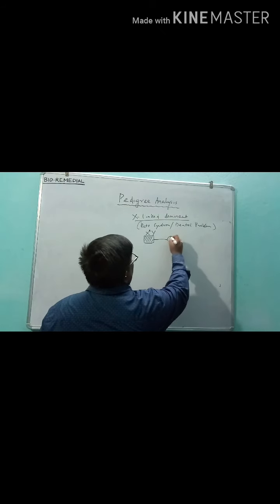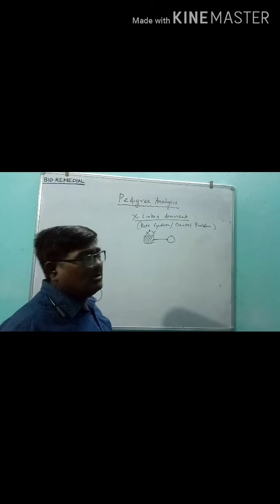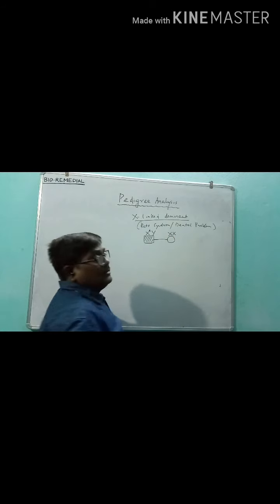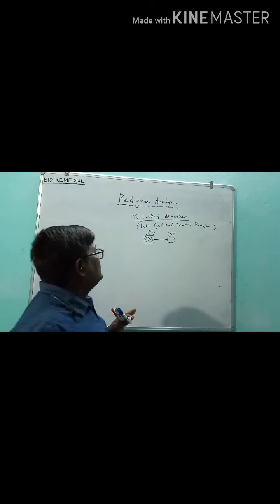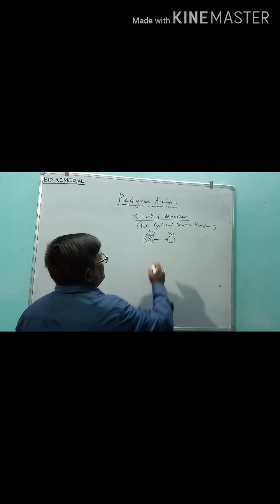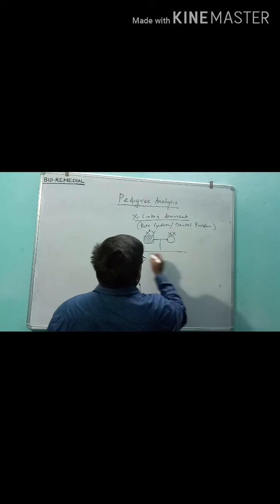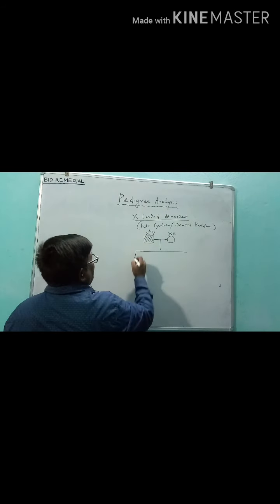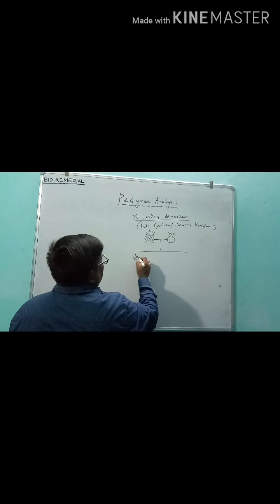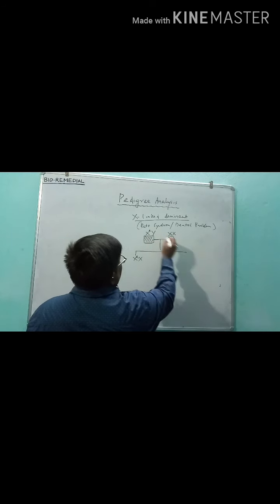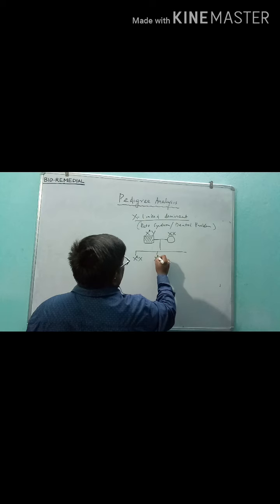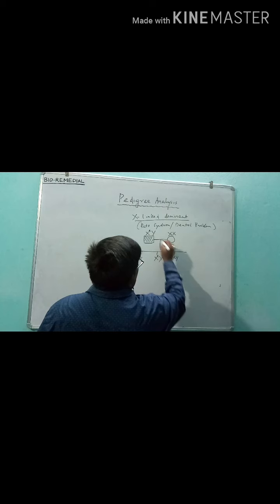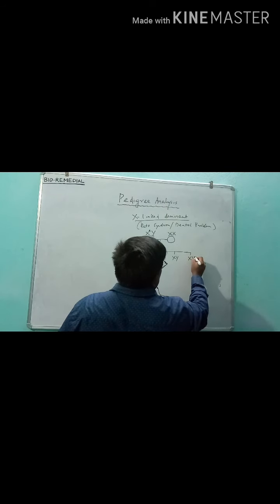Now he is mated, or got married, with a female having normal genes, the healthy genes. No defect gene is there. Now in the next generation, let us combine the genotypes. So this X^R will combine with X, then X^R will combine with another X. Similarly, the Y will combine with X, that means XY, and then Y will also combine with another X, XY.